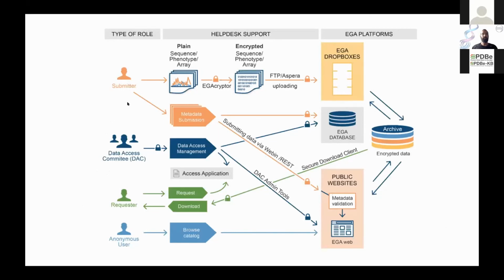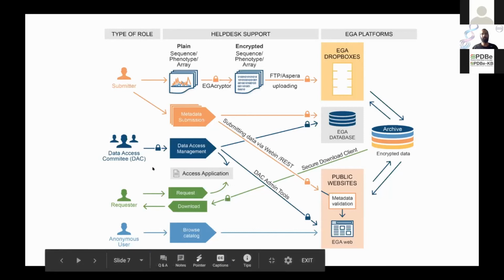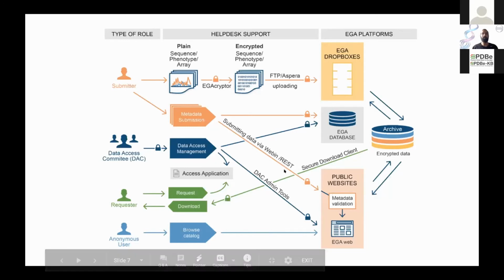So the main purpose is there are data owners who own the sensitive data, and they would like to publish some information, metadata about their sensitive data on a website, so that collaborators or researchers who are interested in this type of data can go to this website and find information about these data sets. Maybe they find something interesting, then they would like to get in contact with the data owners and say, can I get access to this data? And this is a decision to be made by the Data Access Committee. So this is the main workflow.